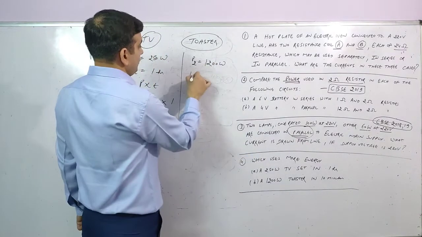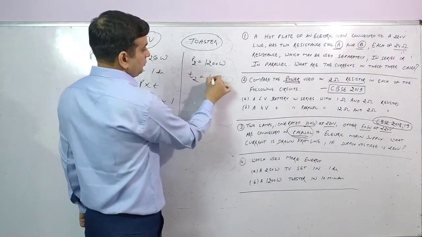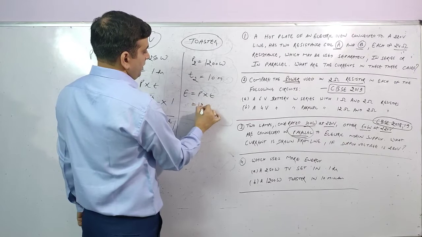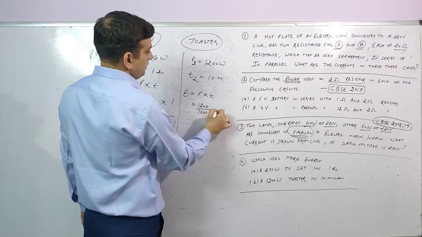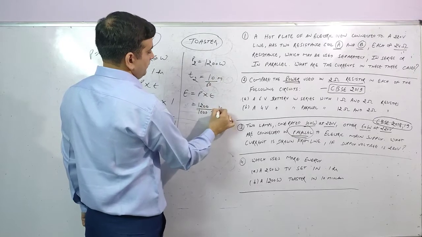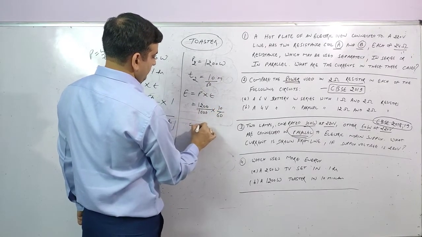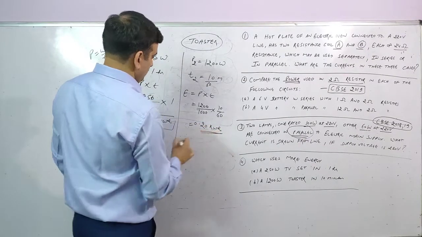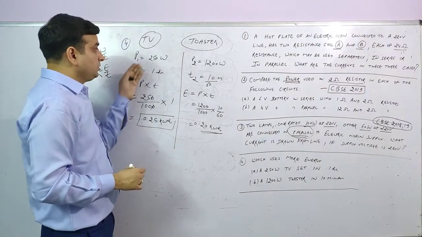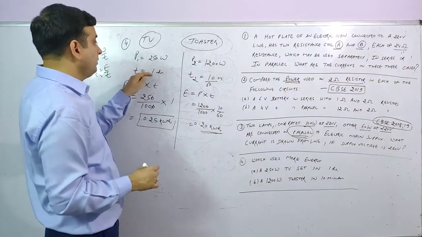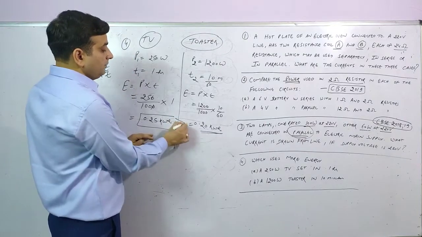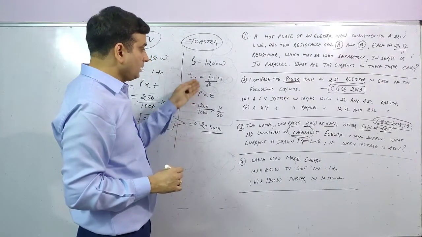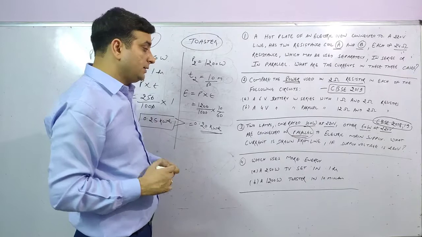Second, for the toaster, the power of the toaster is given as 1200 watt and it is used for time T2, which is 10 minutes. So again energy is equal to power into time. Power is 1200, divide that by 1000, and time in minutes is converted into hours. So it will be 0.20 kilowatt hour. So as you can simply see, the TV, which is 250 watt, if used for 1 hour, consumes more energy in comparison to a toaster of 1200 watt used for 10 minutes. So that's how we can compare.